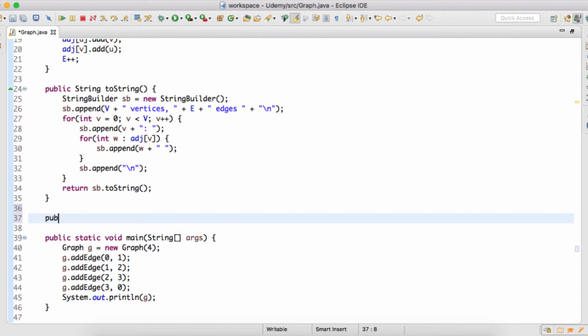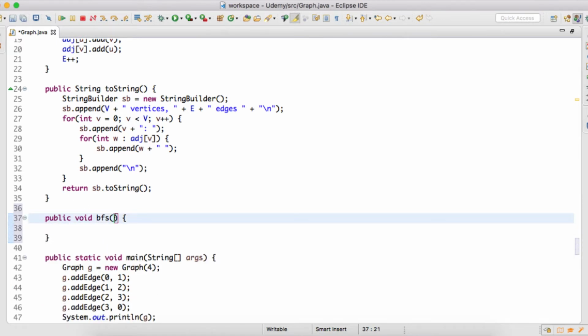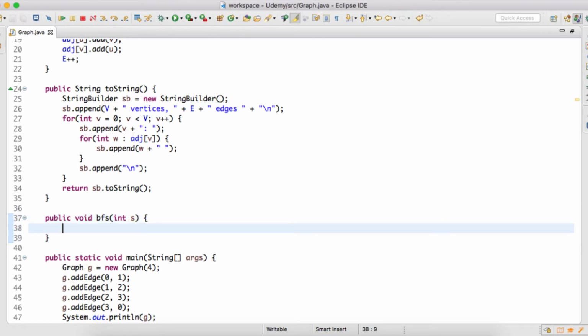Here I will provide one method by name BFS, and as we know, this method will take a source value, which is nothing but the starting point from where we will start our breadth-first search. In the first step, we create a boolean array which will keep track of the visited nodes.